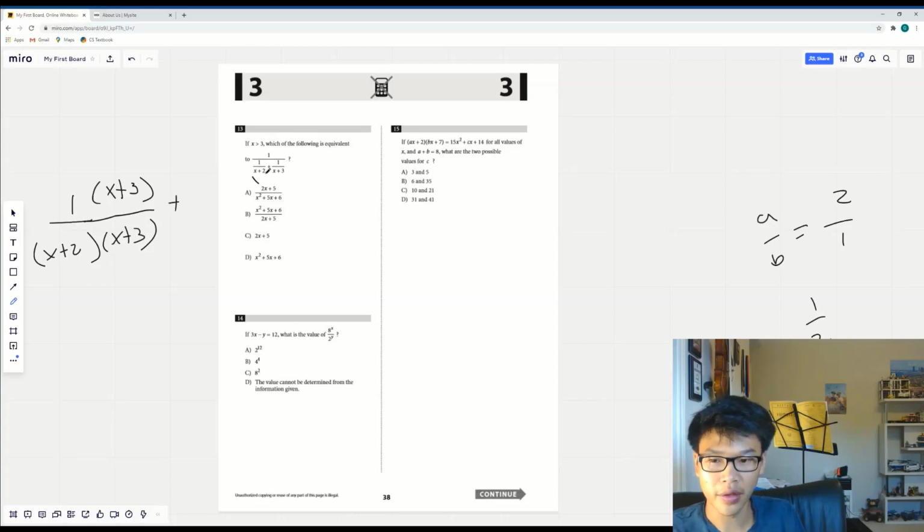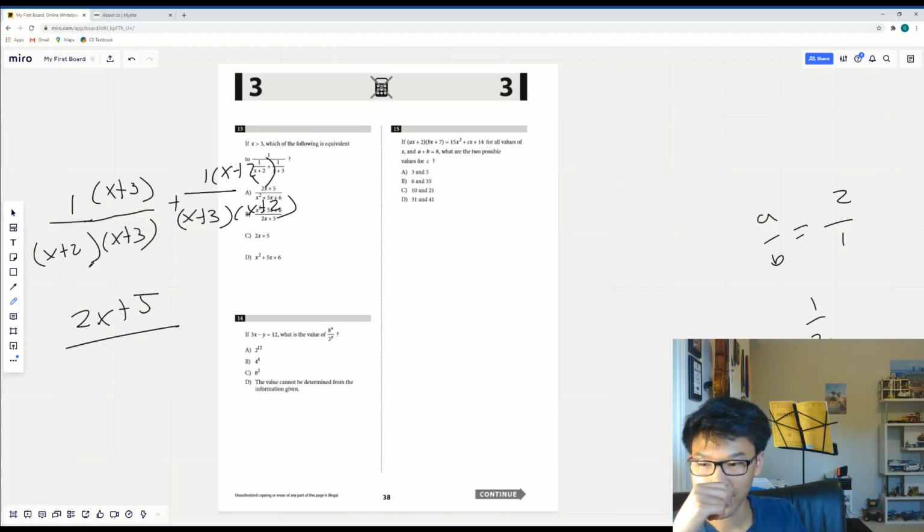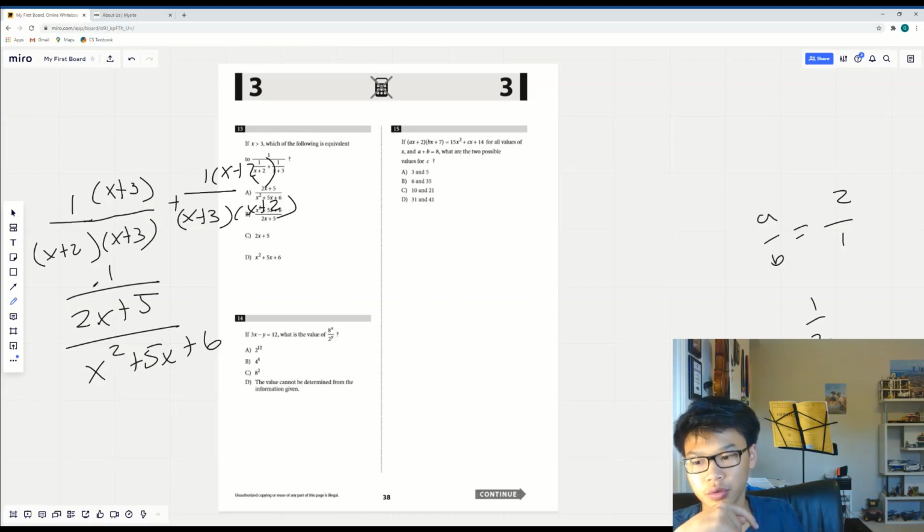And then the other term, which is 1 times x plus 3, but this time we're not going to multiply by x plus 3, we're going to multiply by x plus 2, because you want the same term on the bottom, right? And when you're doing it to the bottom, you're doing it to the top, right? So then we have x plus 3 plus x plus 2, which is just 2x plus 5, right? Over x plus 3 times x plus 2, which is just x squared plus 5x plus 6. 1 over that, and if we have 1 over a fraction, it's just its reciprocal. So it's just x squared plus 5x plus 6, which is